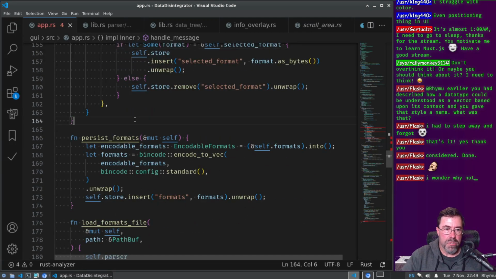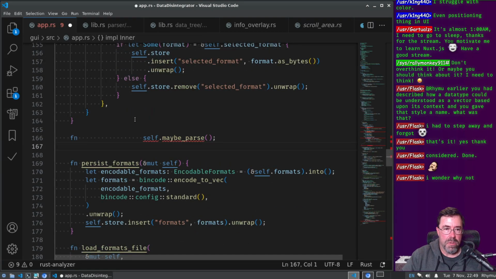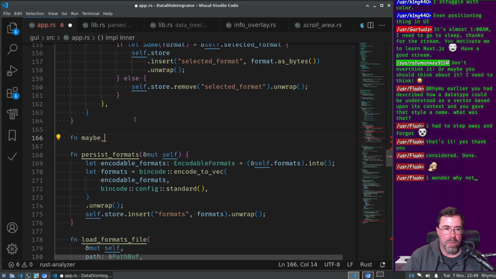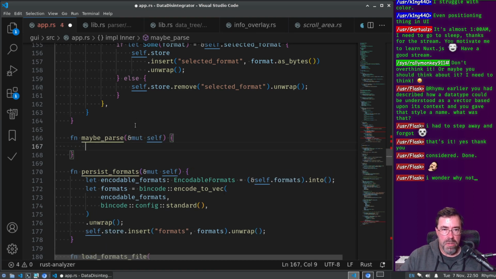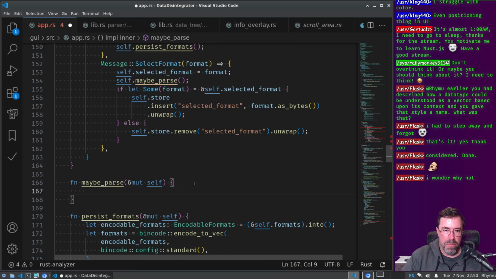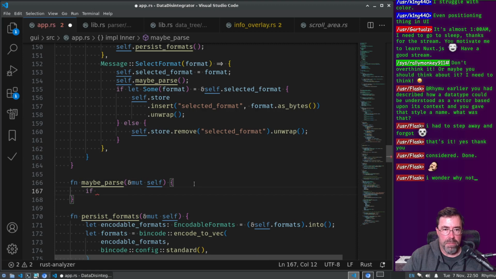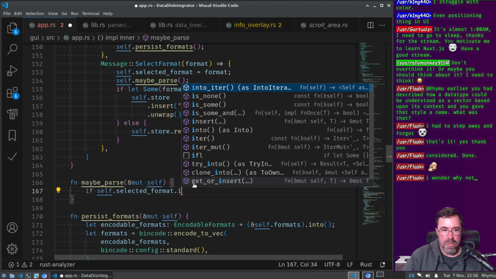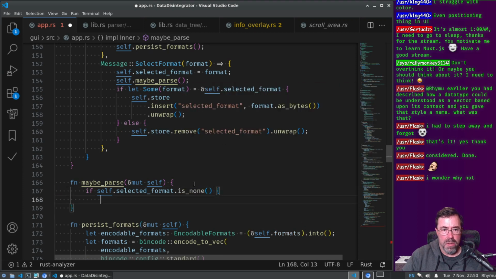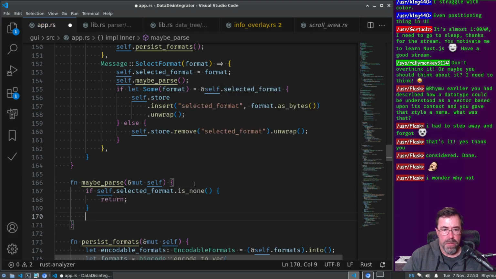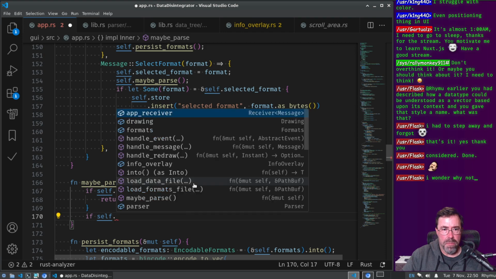So then we'll have a function maybe parse, because maybe we do it, maybe we don't. So there has to be some prerequisites, right? So if self.selected format is none, then no parsing, right? If self dot